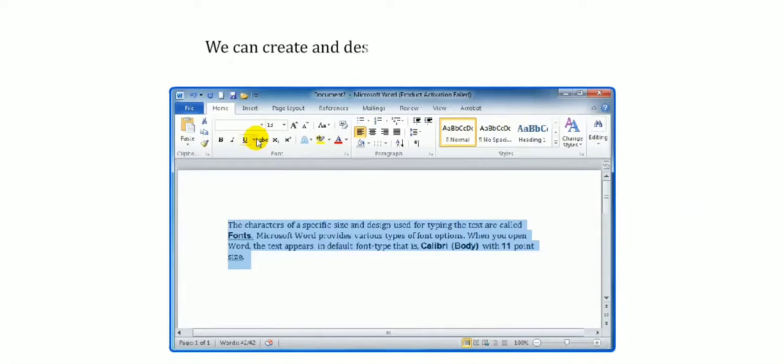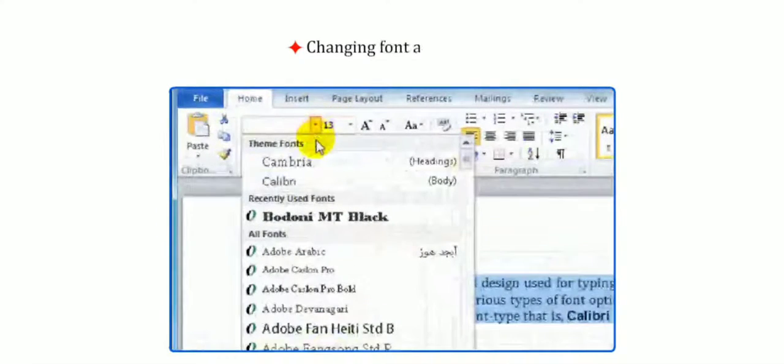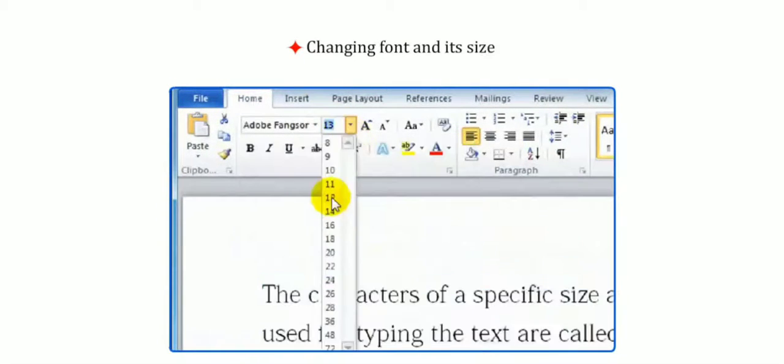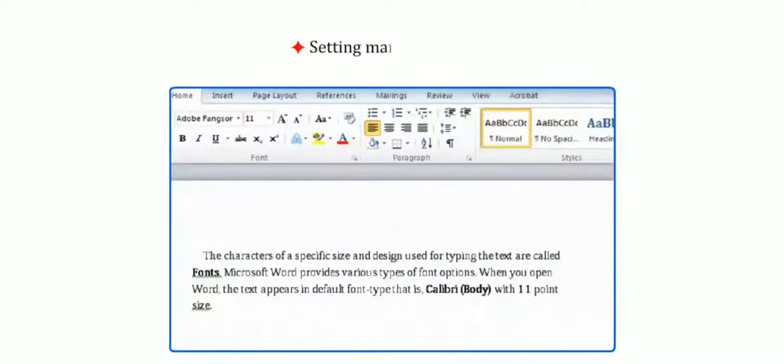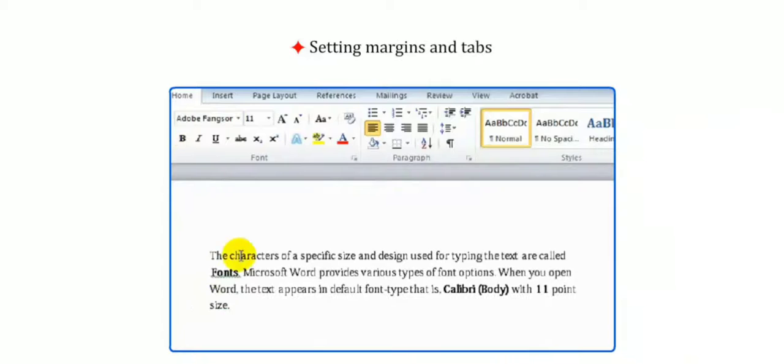We can create and design appealing documents by changing font and its size. That we already know and we all are doing it. The second thing you can do is set the margins and tabs.